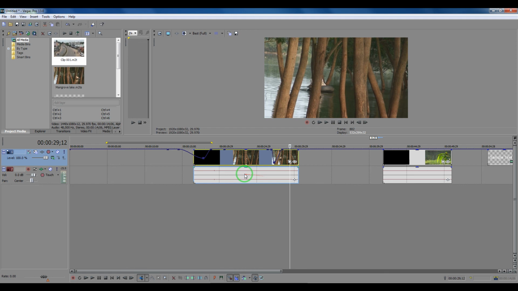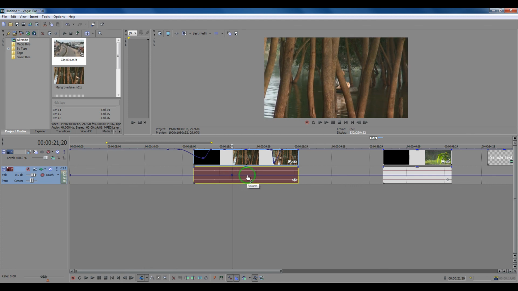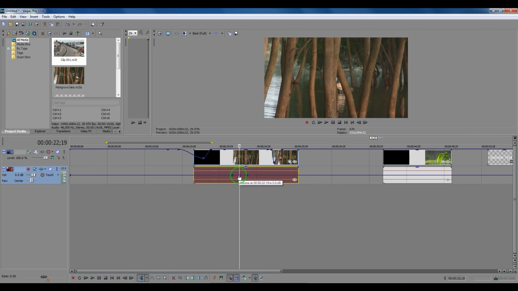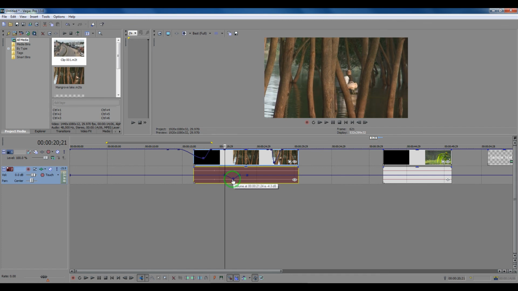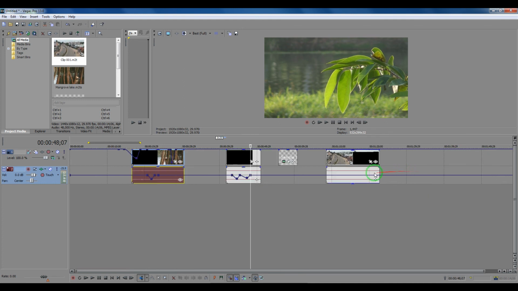Similarly, you can have the audio control just by pressing the short key V. You will get a similar line. Here also you can have node points for better control. Then you can adjust the node points anywhere on the particular track, and here you can adjust the volume according to the purpose. So that's regarding the customized control of the video composite level and the audio properties.